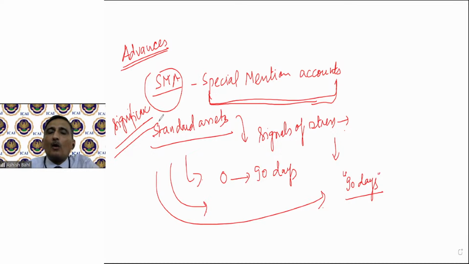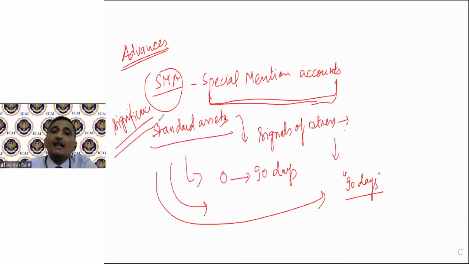So banks are required to classify an account as SMA before it actually becomes an NPA. It is a sort of pre-NPA stage. By doing so, the controlling authorities come to know that there is a possibility that after 3 months some accounts are going to become NPA. These are showing signs of stress. There may be slippages, so that corrective actions are initiated.